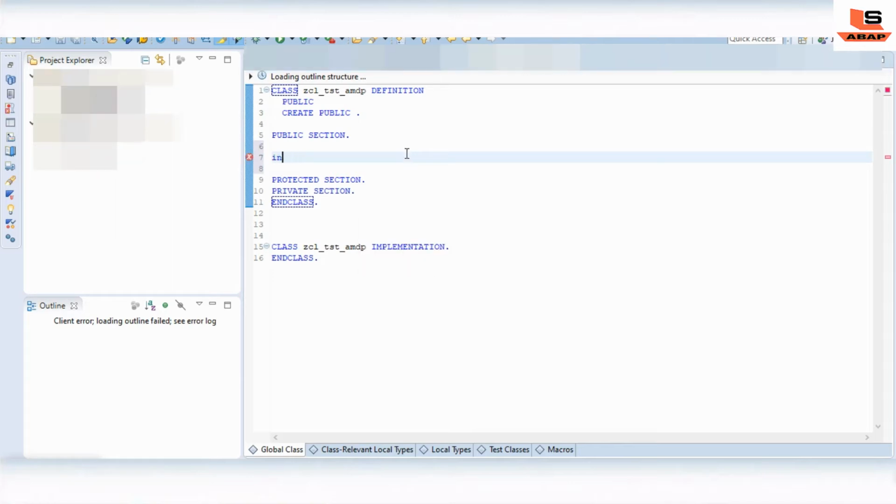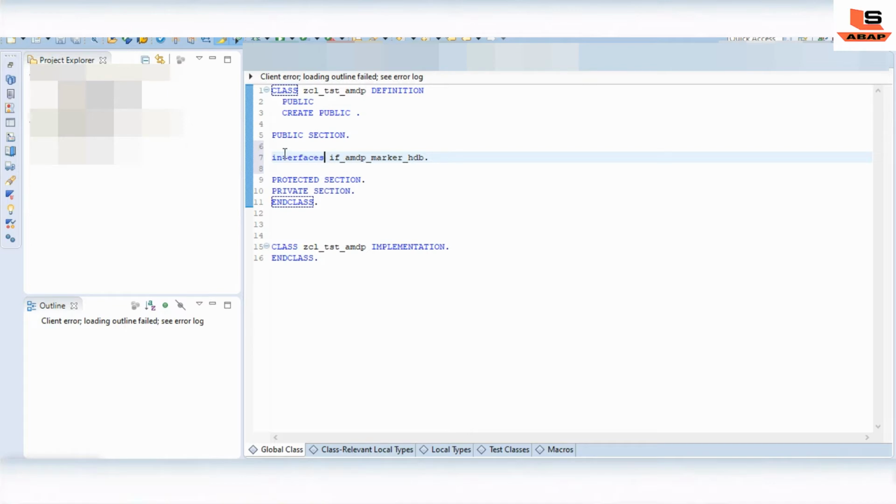The interface is IF_AMDP_MARKER_HDB. What is the use of this interface? This is basically the identifier of an AMDP class.